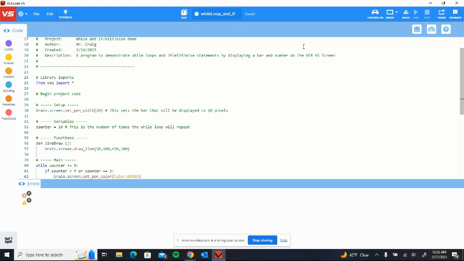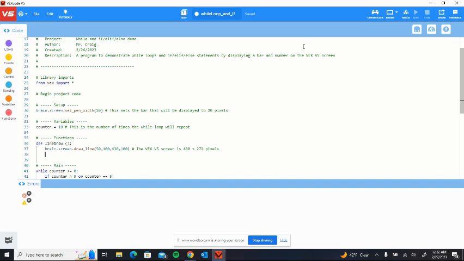I'm going to put a little note in here. VEX V5 screen is 480, 272 pixels. If I decide I want to go through and adjust this at all, I have a little reference for myself. All right, so that is going to draw my line,